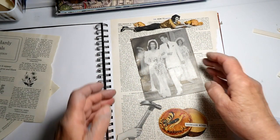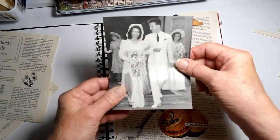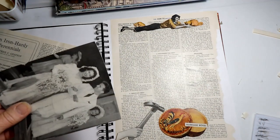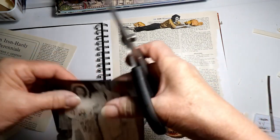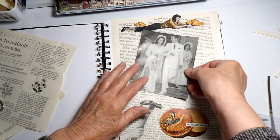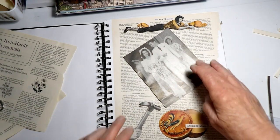Alright, I think I want to just trim a slight bit of this down. I don't want to cut his head off though. And I also am afraid to use my cutter with it, so it probably won't be straight. I'm going to cut a tad bit off of the top and a tad bit off of the bottom. And I think it might fit just a little bit better this way. I'm not even going to worry about that. Okay, so